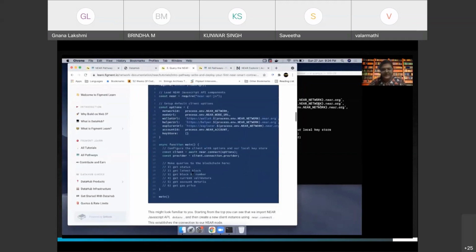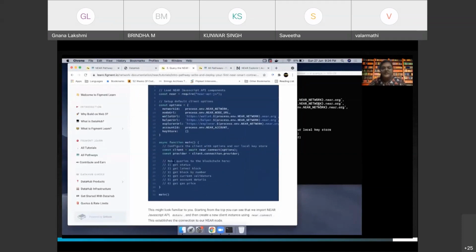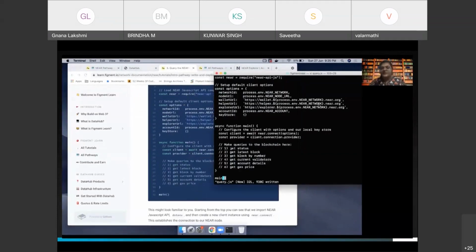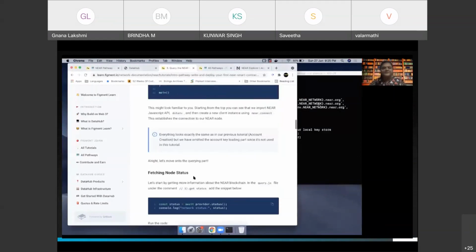I don't think it is that important for us. This is just the skeleton that has come to us. Now we will be filling up the queries one by one. That is, get the status of the blockchain, get the latest block, get the block by number, get the current validators, get the account details, and get the gas price. So let's start one by one.